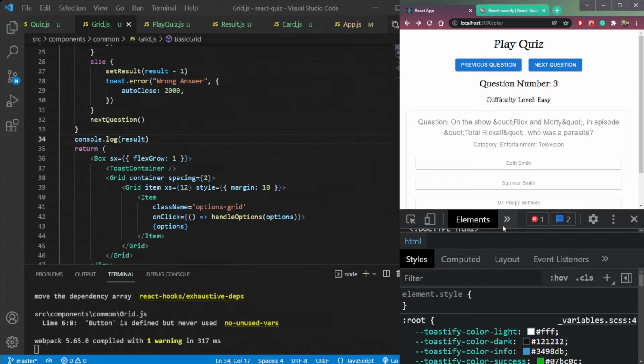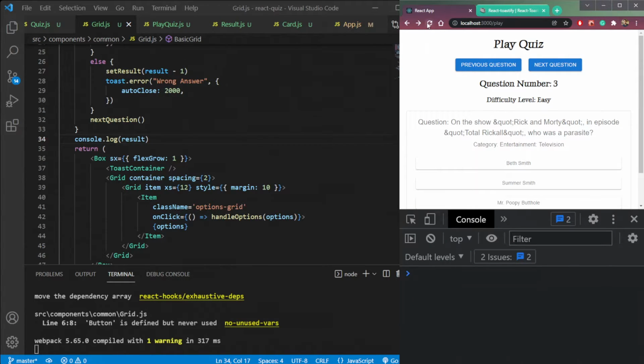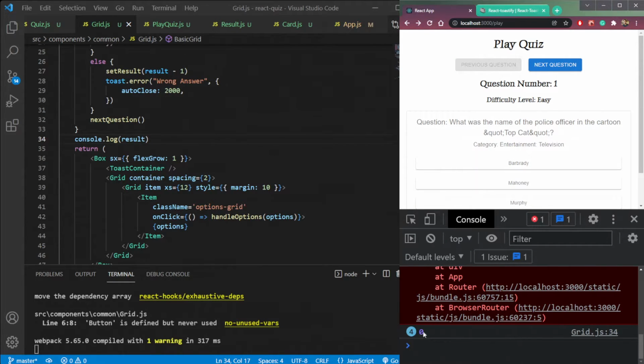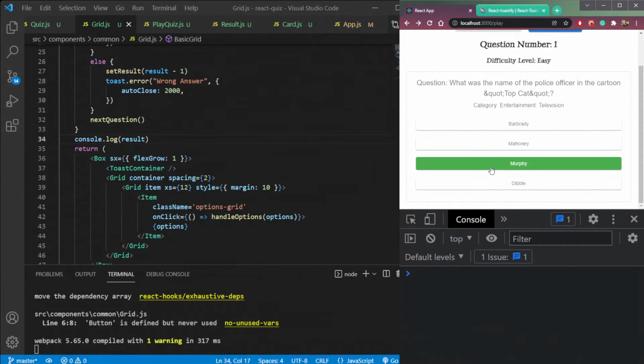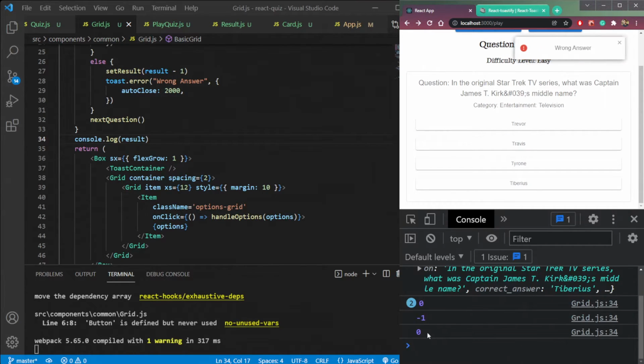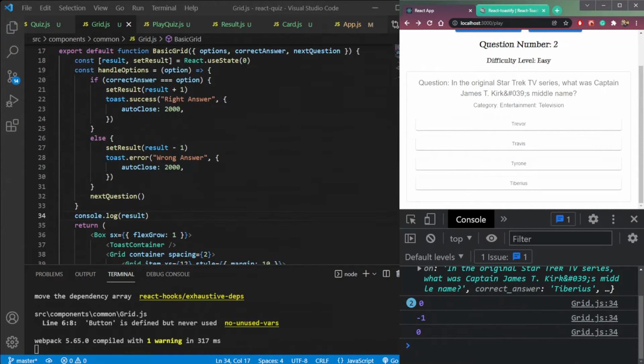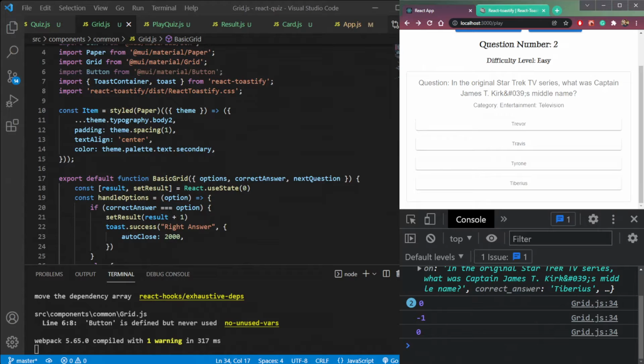So open the console. If we refresh the page, see it is 0 now. So if we click some answer, it is not okay. It's 0, then -1, then 0. I don't know why this is happening. So